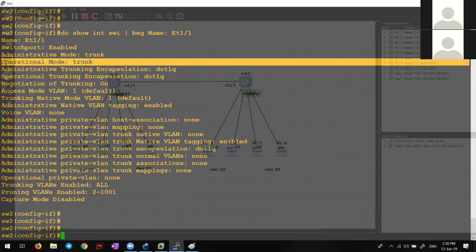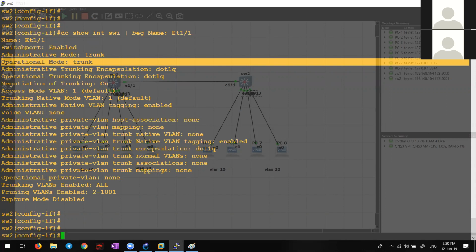Okay, guys, stop. Listen to me first. I'll tell it in one stretch. All the Cisco switch ports by default have administrative mode dynamic auto and operational mode static access. This is the reason whenever we connect a PC to the switch port, it will behave as an access port because of the operational condition of static access.